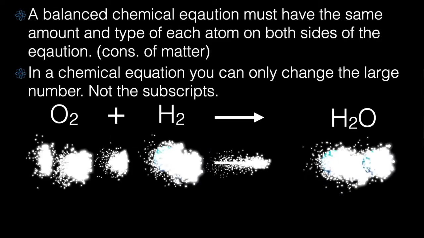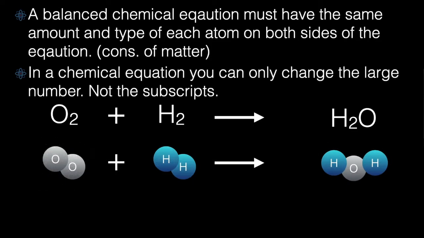So let's draw this diagrammatically now. You can see I've drawn in the atoms for each molecule. Now, what I want to do is try and balance the amount of atoms on each side. I can see that I've got 2 oxygens on the left side and 1 oxygen on the right side. So that doesn't balance, so I need to make more oxygens on the right side. So I'm going to put a 2 out the front of the H2O, and that gives me now 2 water